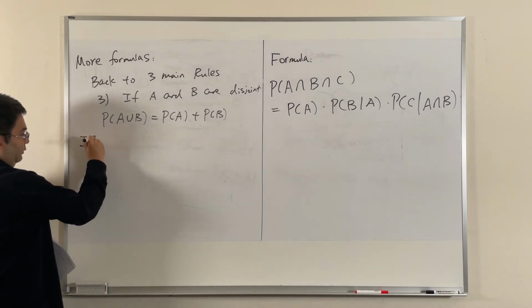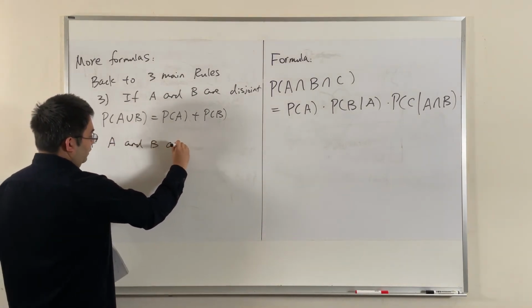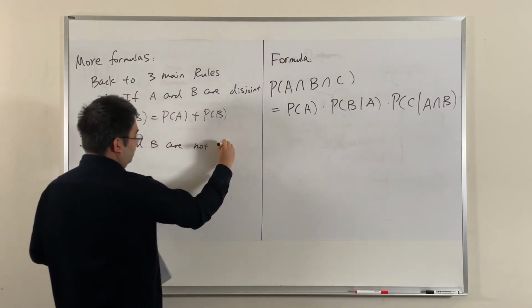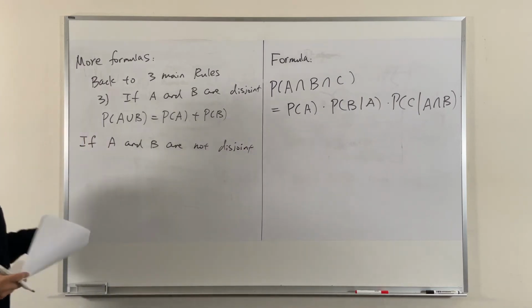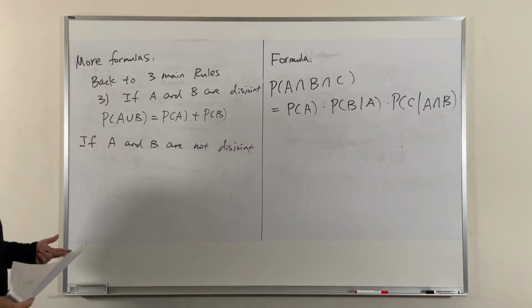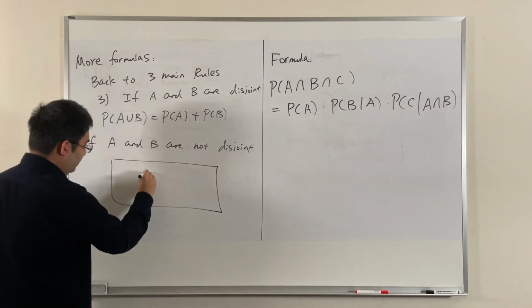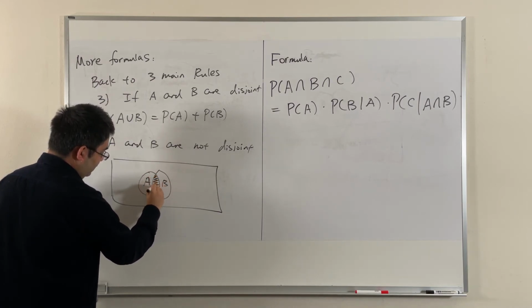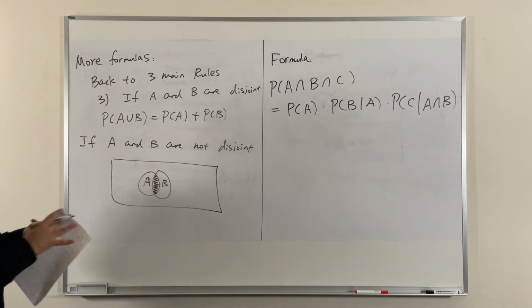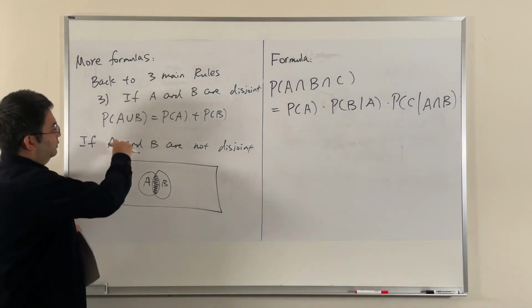If A and B are not disjoint, right? So if A and B are not disjoint, what's going to happen here? If we look at the Venn diagram, A, B, and their intersection. If A and B are not disjoint, and then if we calculate the probability of A union B,